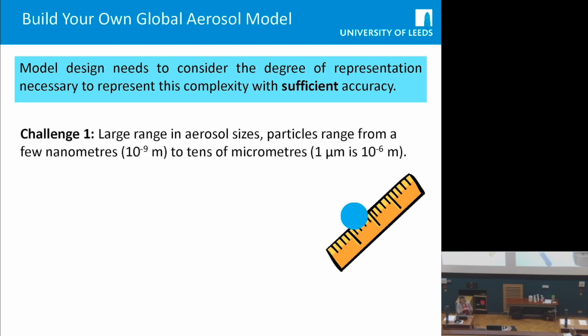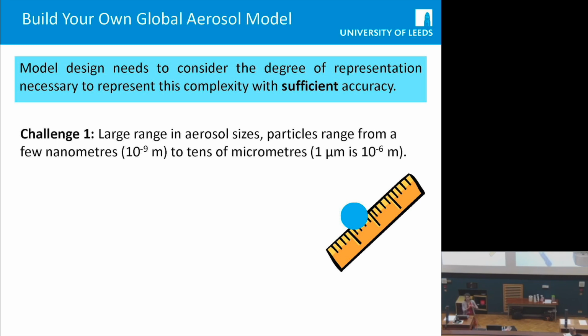And it's always about a compromise between detail, computational efficiency, and actually just what we know about reality. So in terms of aerosol modelling in particular, there are several challenges. The first one being that